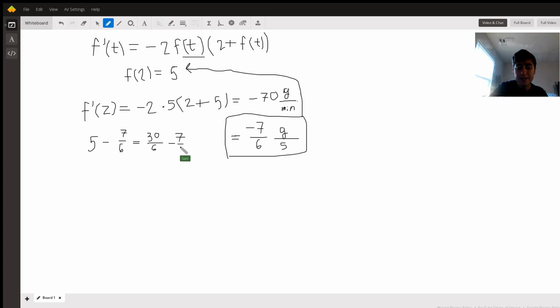But 30 minus 7 is 23, so that tells us that a good estimate for how much of the material is left in the water and yet to be dissolved is 23 divided by 6 grams. And that is the final